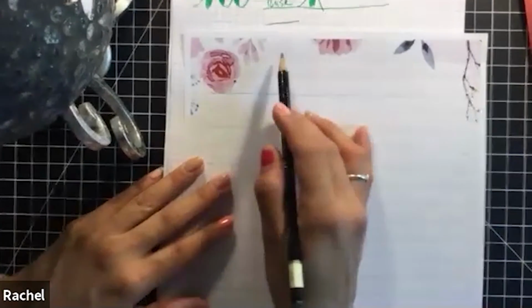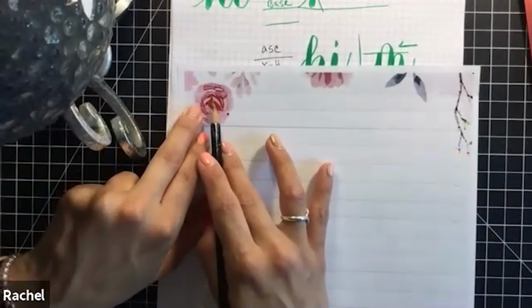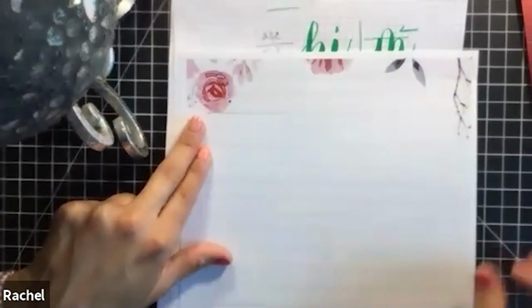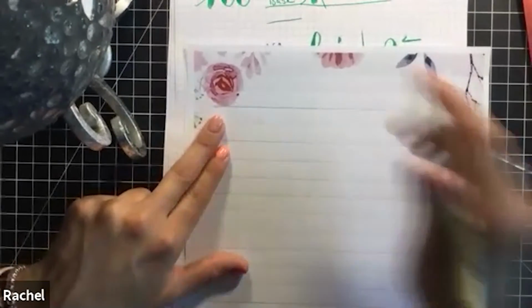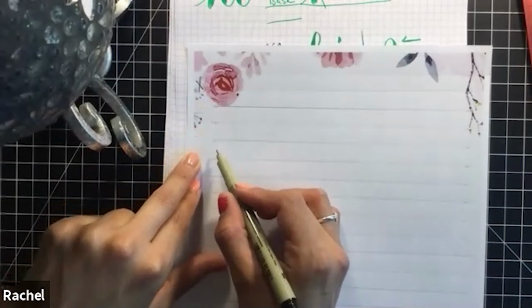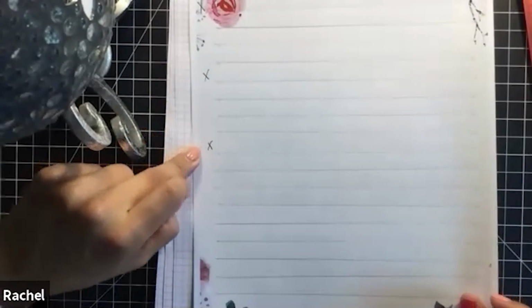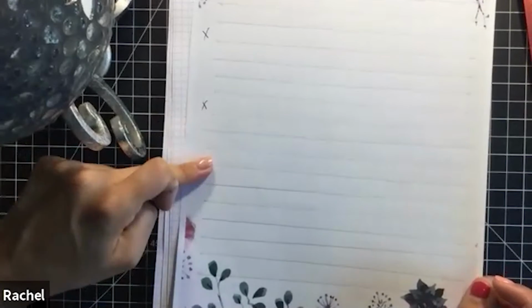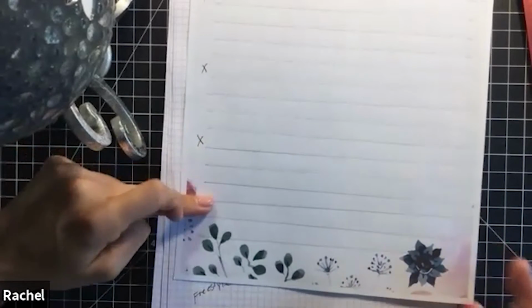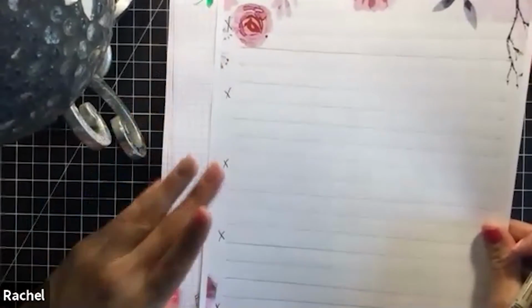Okay, so I have the top space. The first line is an X height. Second line, you don't see that here, there it is, X height. Baseline, space, ascender, X height, descender, space, ascender, X height, descender, space, ascender, X height. One more, descender, space, ascender, X height. So that's 1, 2, 3, 4, 5 lines. Okay. So next, I want to figure out